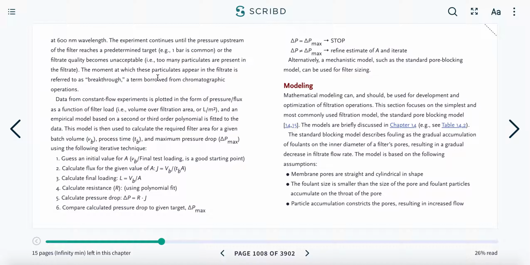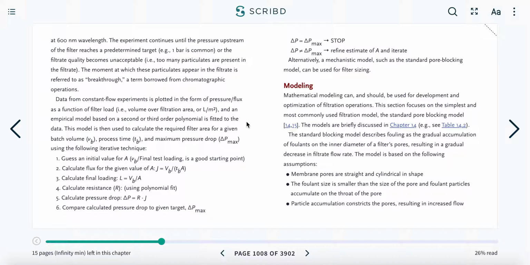The moment at which particulates appear in the filtrate is referred to as breakthrough, a term borrowed from chromatography operation. Data from a constant flow experiment is plotted in the form of pressure over flux as a function of filter load,